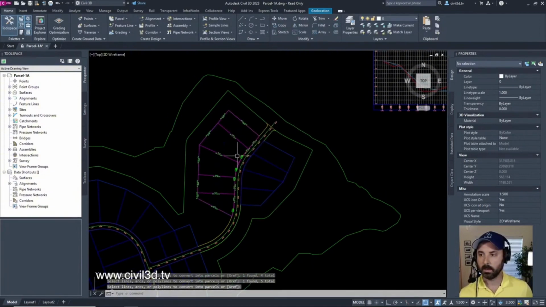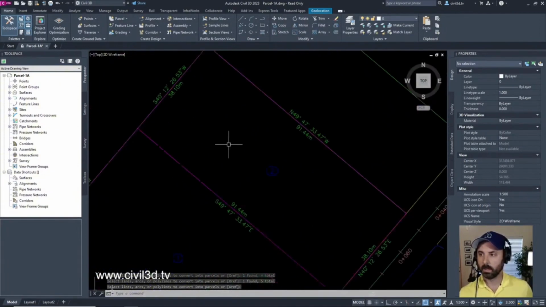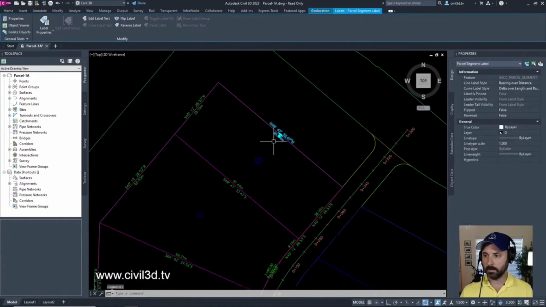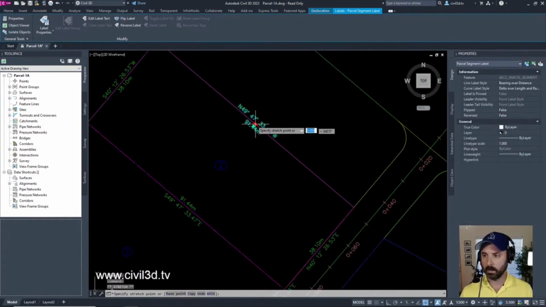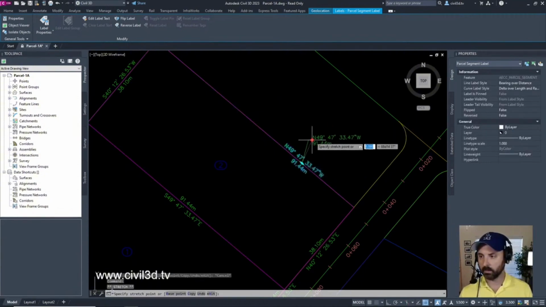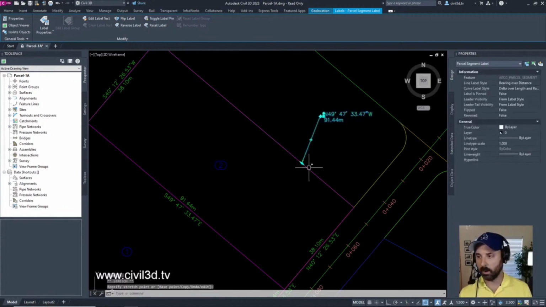Oh, look at that. All this stuff is automatically labeled. It's very, very nice. And you can click and drag this with these grips how you see fit. You can even click on the square and click and drag that out, and this stays attached to the line.